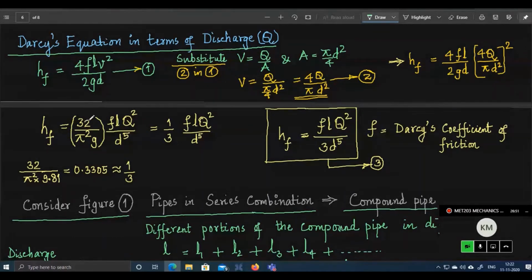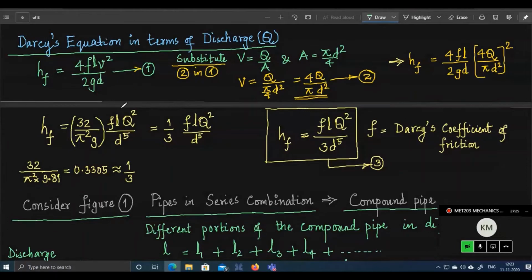See here, 32. Then pi, it will become pi square. Then G is there in the front. And then I just separate the diameter now. See, diameter outside there was a D, and now inside you have D square whole square, so it will become D raised to 4. So D raised to 4 into D in the denominator, that will become D raised to 5. So therefore, HF is equal to 32 divided by pi square G multiplied by FLQ square by D